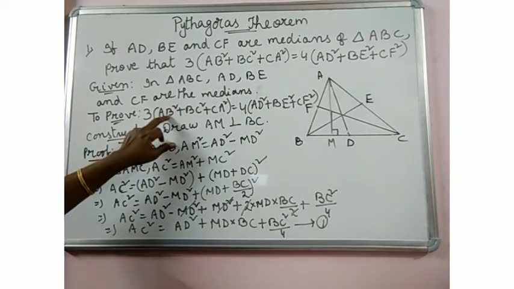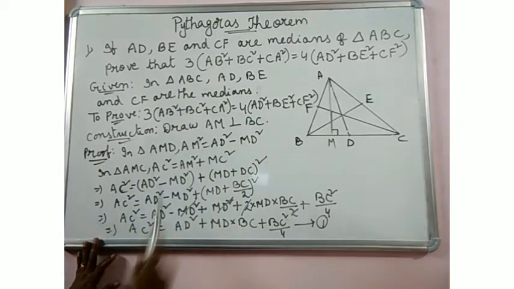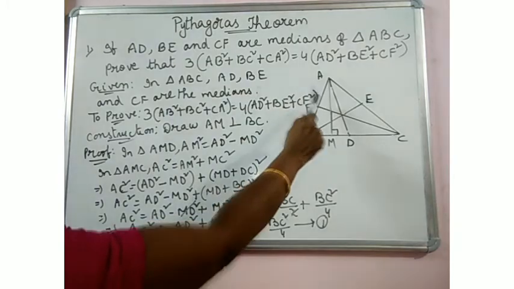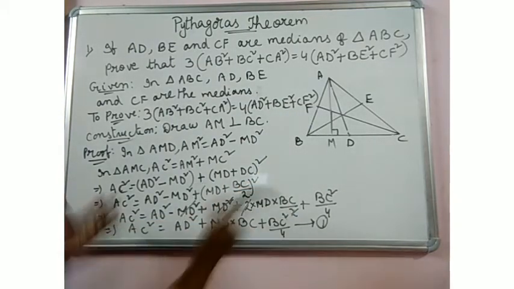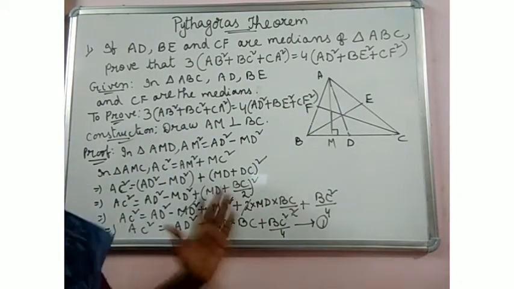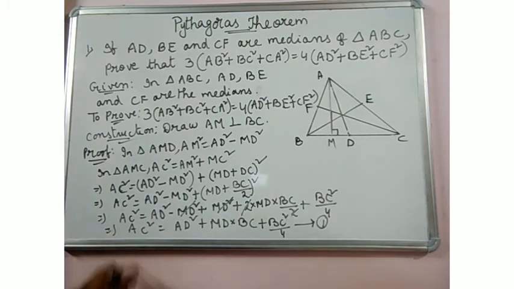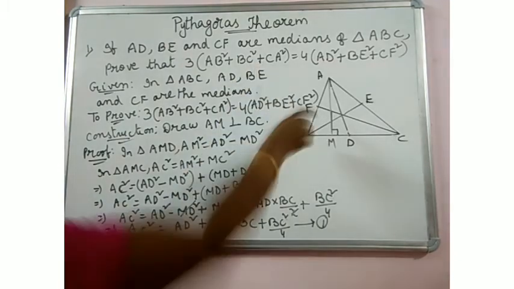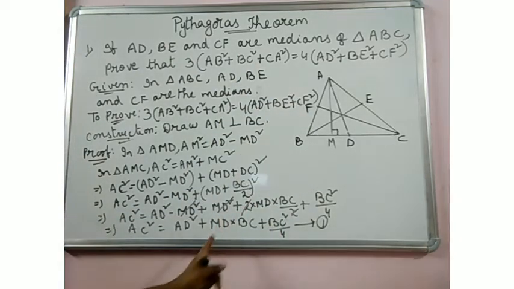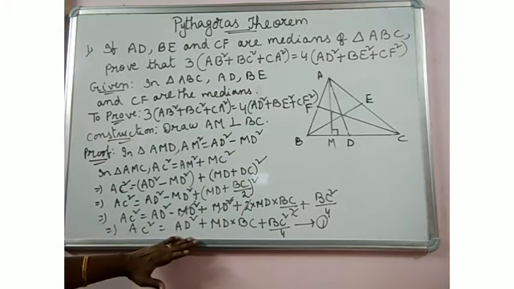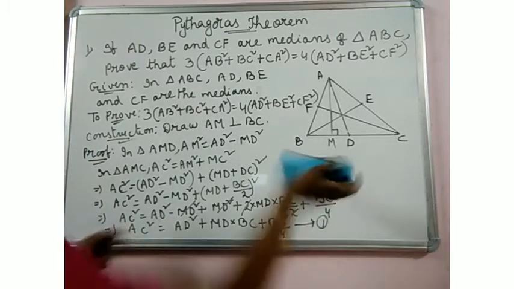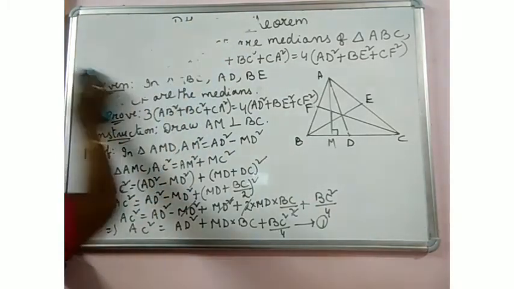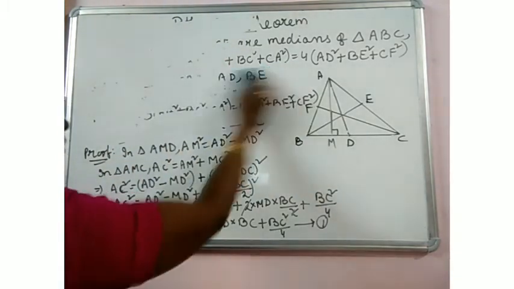So what we got is AC square in terms of AD square and BC square. Why? Because you see here AB, BC, AC are the 3 sides and AD, BE, CF are the 3 medians. So here also let us work out to have 3 sides and 3 medians. Clear? AM is the altitude we have taken, that is not needed, but with the help of the altitude we are able to prove it. I hope this much is clear. Now let me rub the top portion and do it for you.